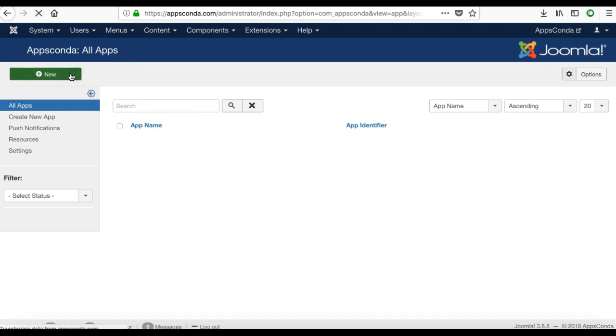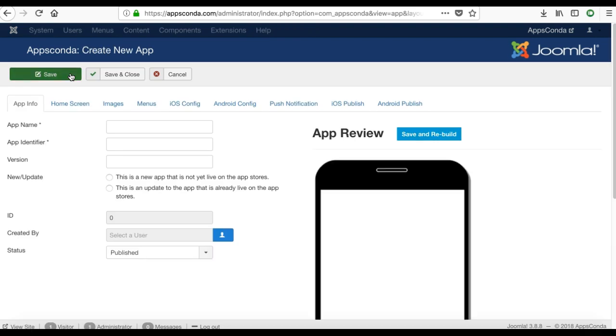I'm going to create a real app that I will be placing on Play Store as well as App Store. Once I have created this and it is submitted to both the stores, you can actually download this app and use it, and this will be a real functional app. So let's give it a name. This is going to be the official app for AppsConda,